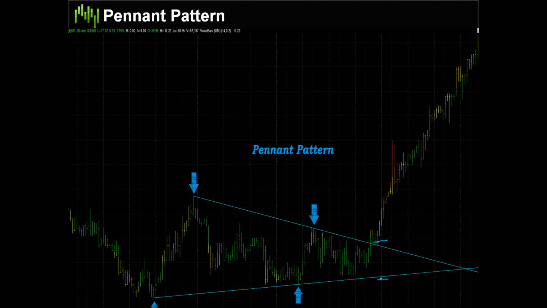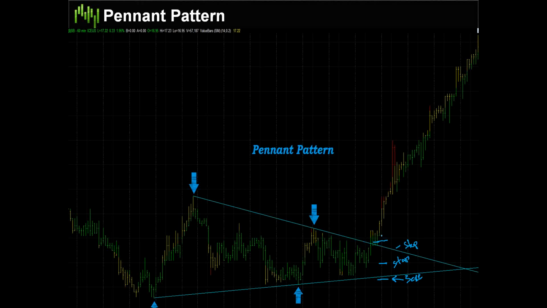And then what I do with my orders, I have an OSO order, one starts other. As soon as this order is filled, your stop loss is going to be at about a 50% retracement inside this pennant. Now, if you're trading intraday consolidation patterns, a lot of times instead of putting your stop here, you're able to put your stop all the way up here. So if you're getting short, let's say you were selling there, your stop is going to be able to go above the other trend line.